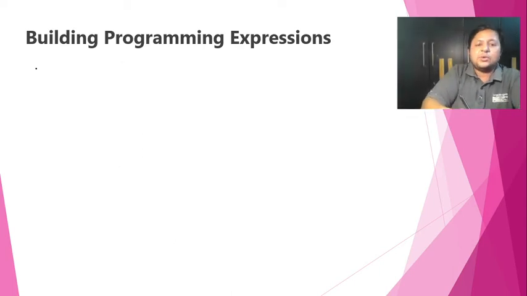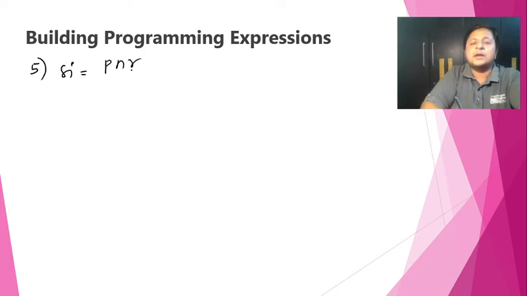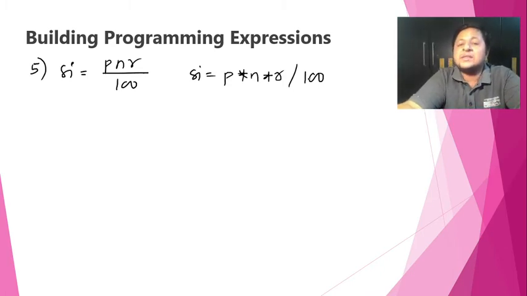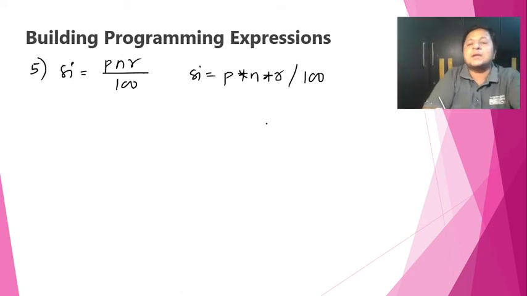Okay, suppose let us have a simple interest example. SI, simple interest, is what? PNR divided by 100. How do I convert that to a programming expression? Simple. Maybe I'll just put it here itself. It will be P into N into R, divided by 100. Now do I need brackets here? The answer must be no, I don't need brackets here. Many feel that PNR should be in brackets, but when it is multiplication and division, it doesn't matter. Anyway, it's going to go left to right, first P into N, then that answer into R, and the whole would be divided by 100. So I don't need any brackets.